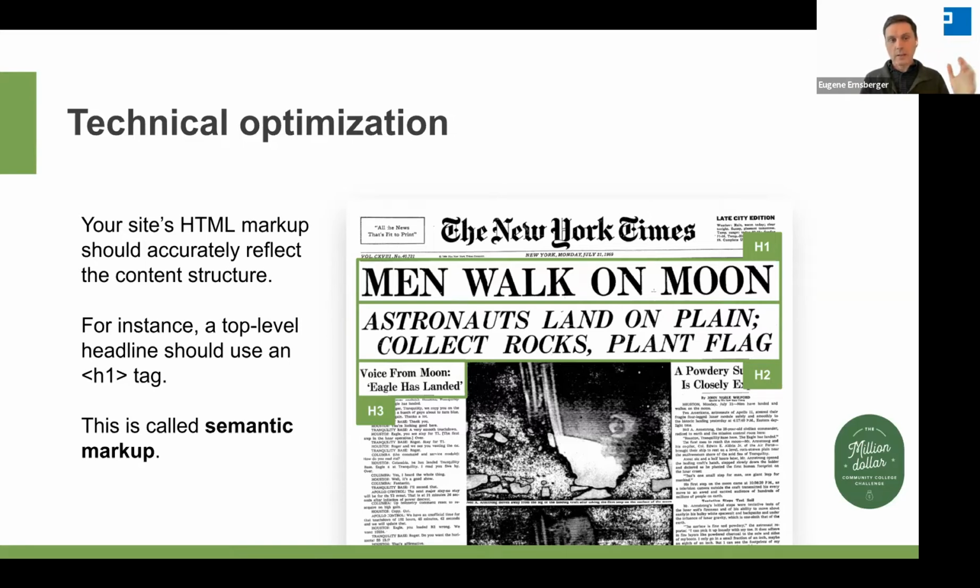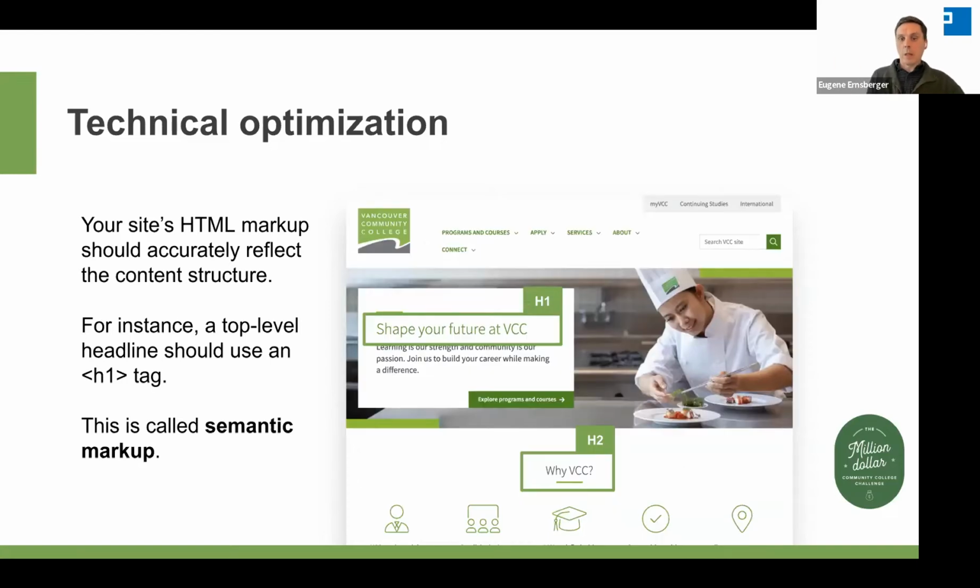And headline tags go from H1 to H6. This process of making sure that our content is using the appropriate tags that will help search engines understand our content is called semantic markup. And you can see here an example of how that applies to a community college website